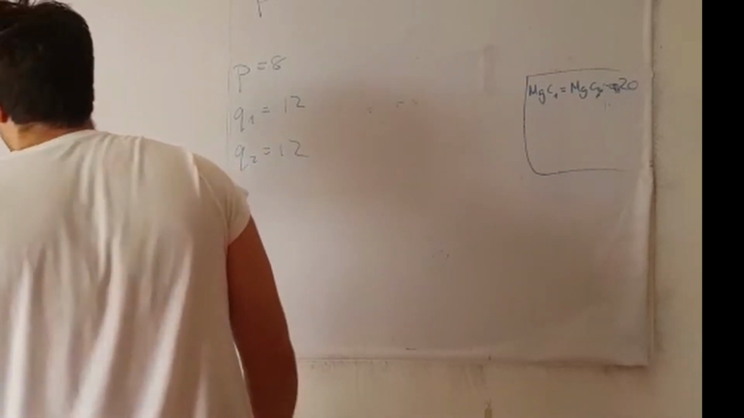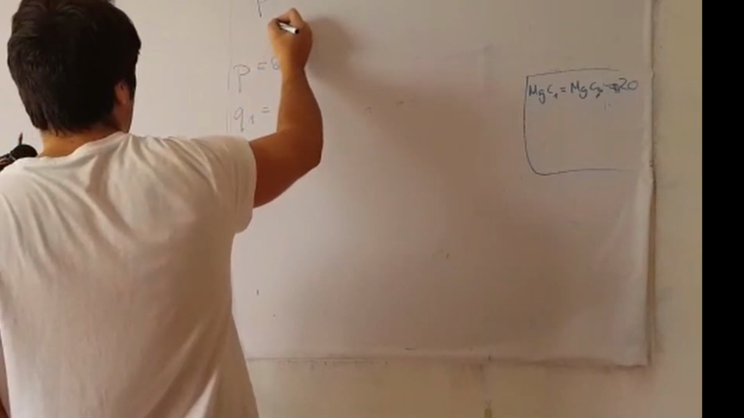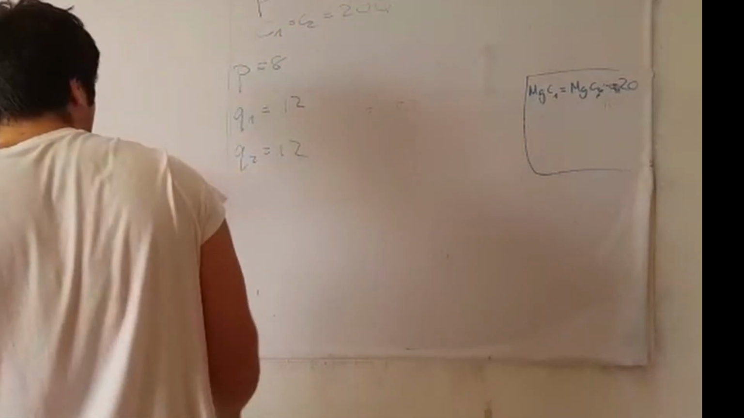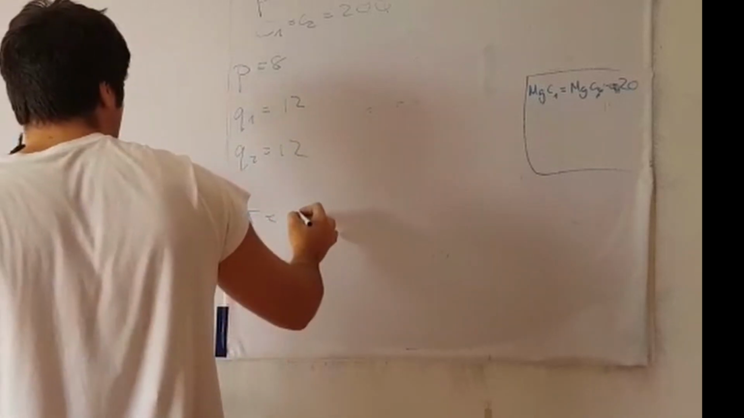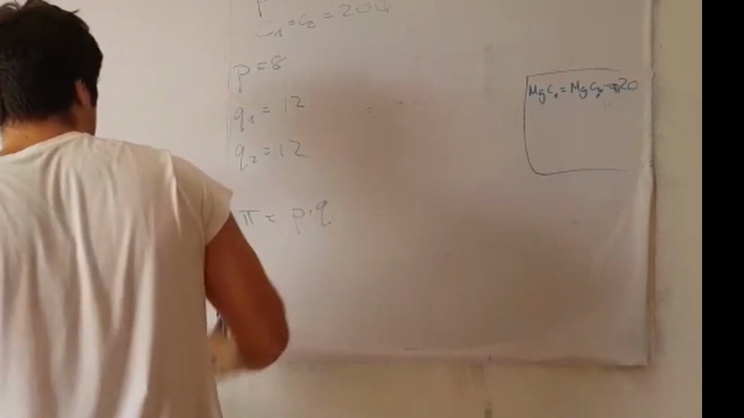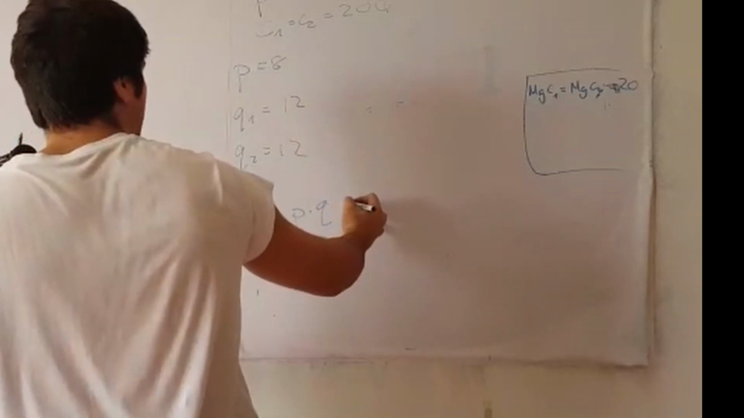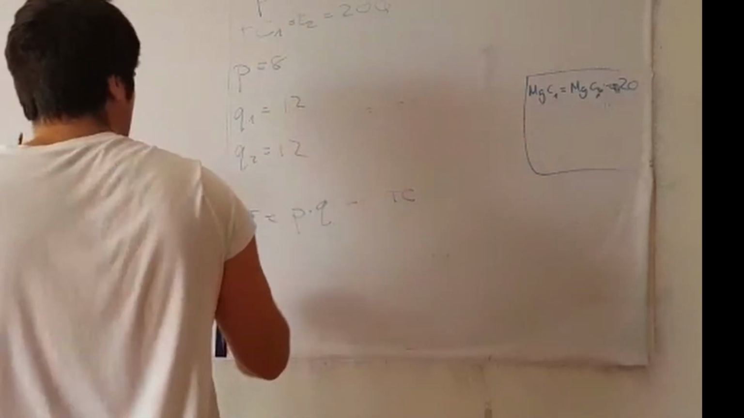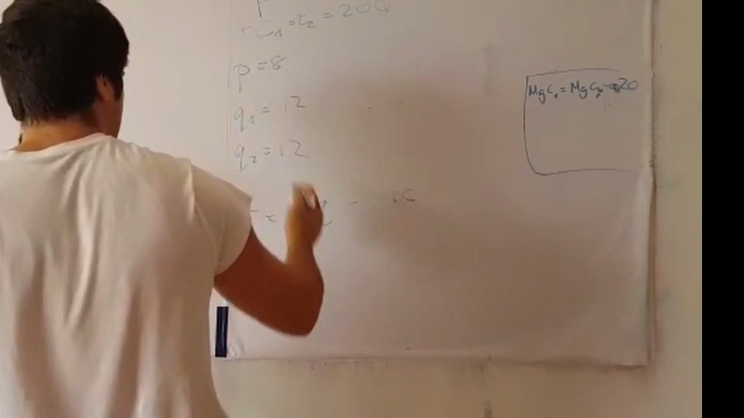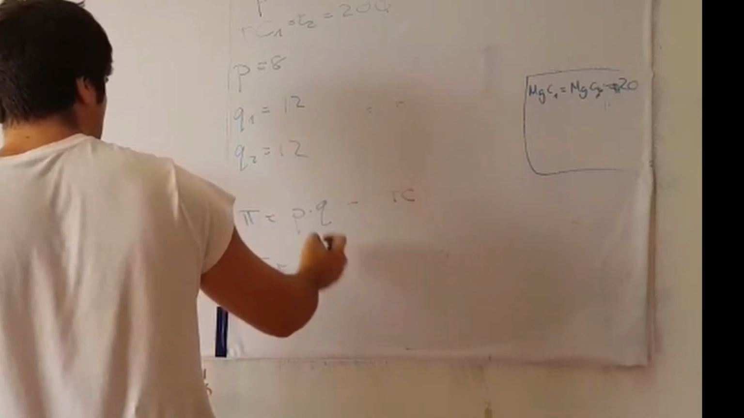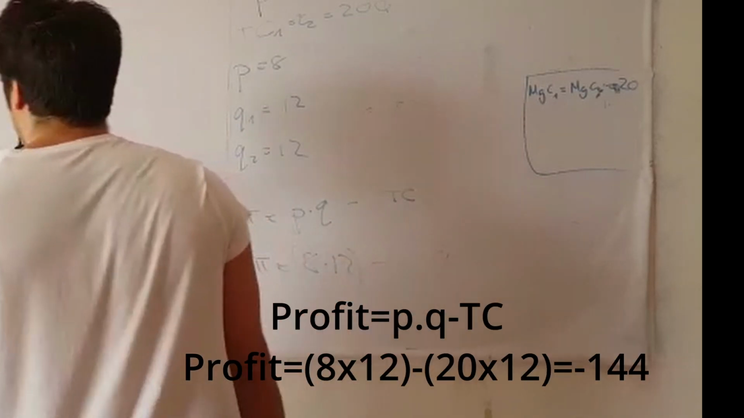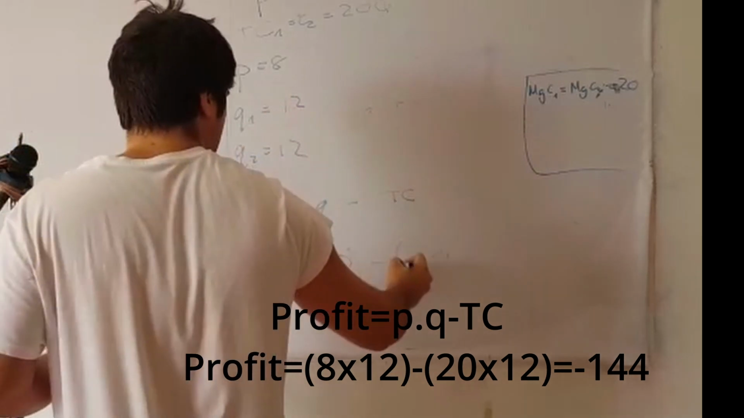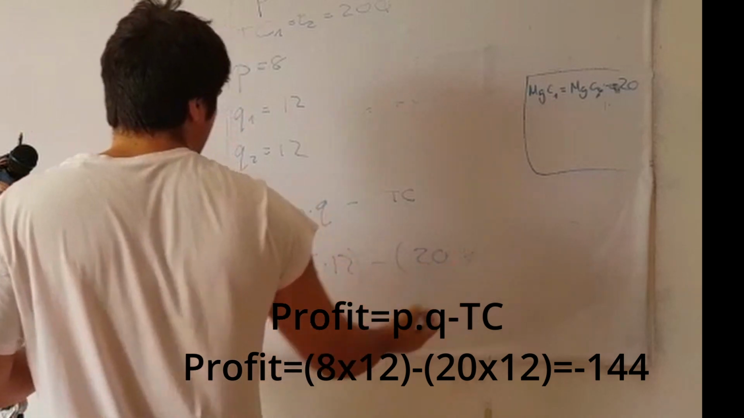And we can also calculate the profit. Okay, this was 20Q actually. So the profit is going to be the price multiplied by the quantity minus the total cost. Okay, so price 8, quantity 12, minus total cost, which is 20Q, so 20 multiplied by